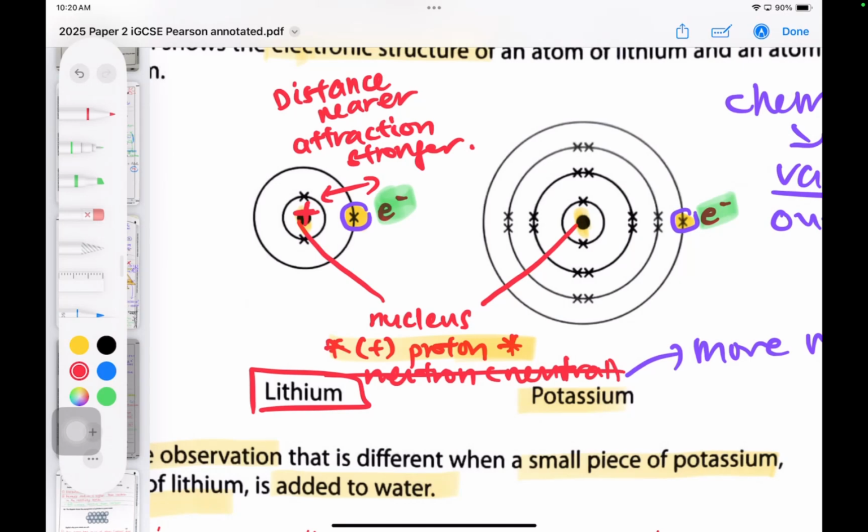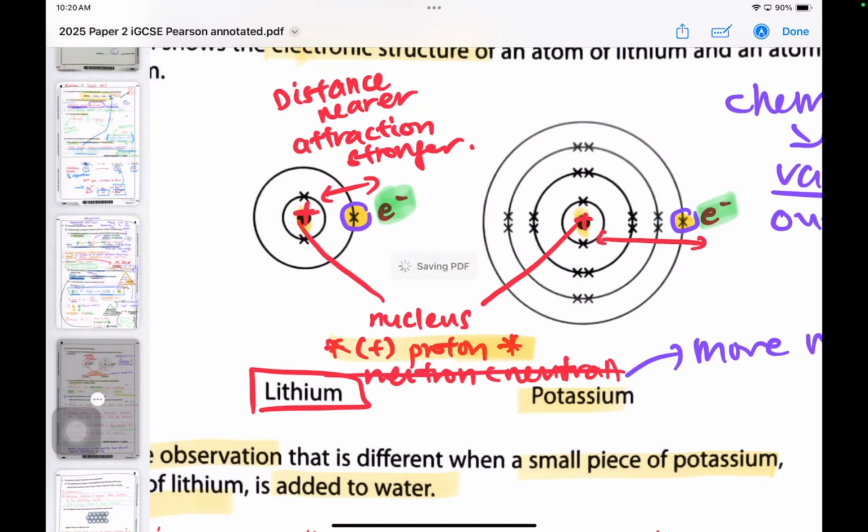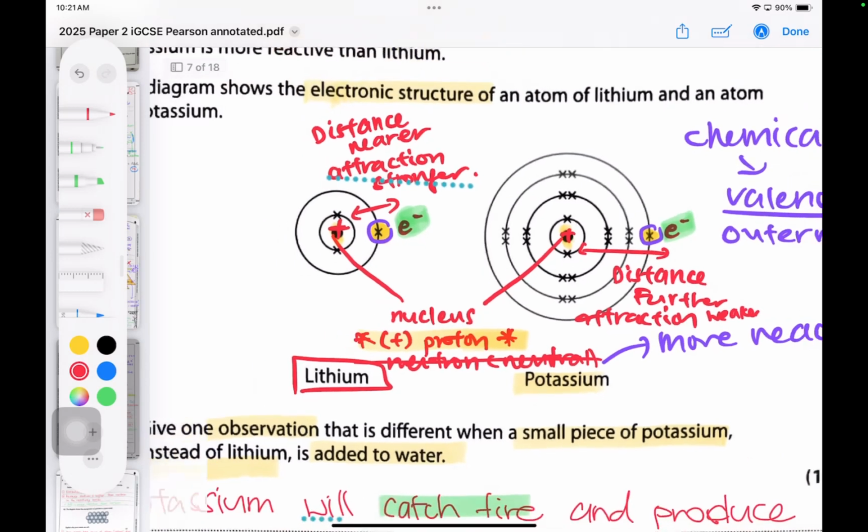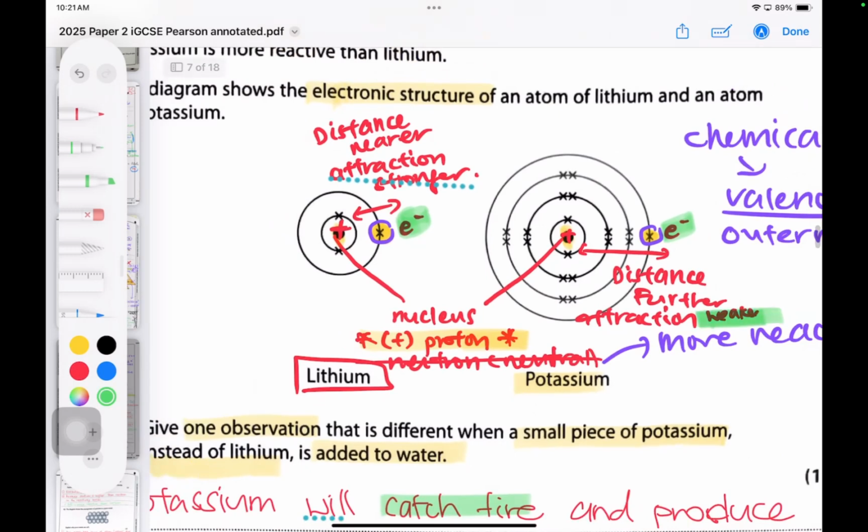Yep. So let's look at potassium now. If the distance between the positive proton and the negative electron is further, right, further, what's going to happen is the attraction between the positive proton in the nucleus and the negative electron is going to be weaker. So when the attraction is weaker, it is easier to